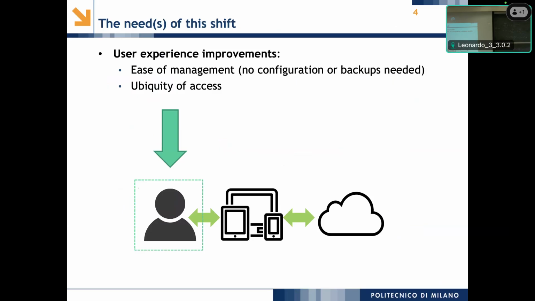In the scenario of the 2000s, where I have a single monolithic application, you have to back up your PC, right? So in a company where you have 100 PCs, you have to go around and back up 100 PCs, okay? Vice versa, now you don't care about the PC, because you just need a browser running in the PC to access the application. And the data is in another place, you don't need to back up, so you really reduce the management effort.